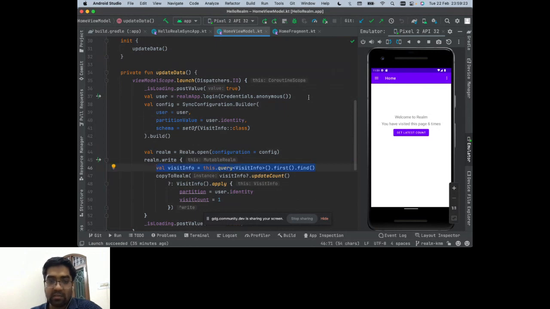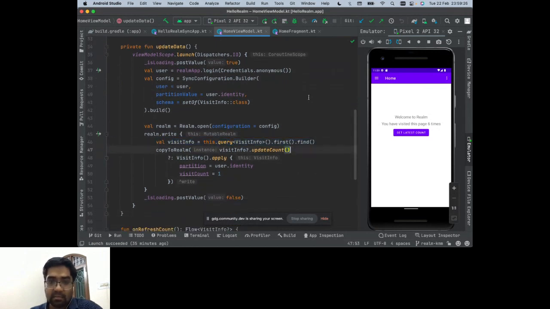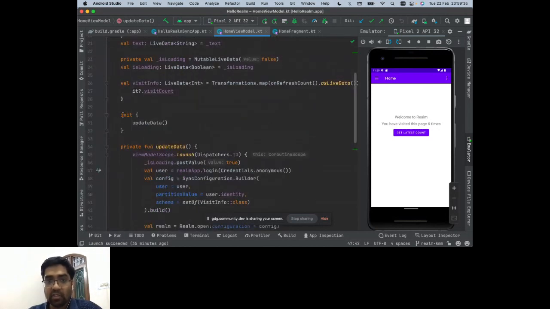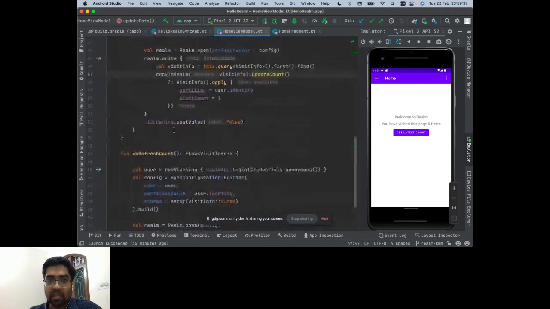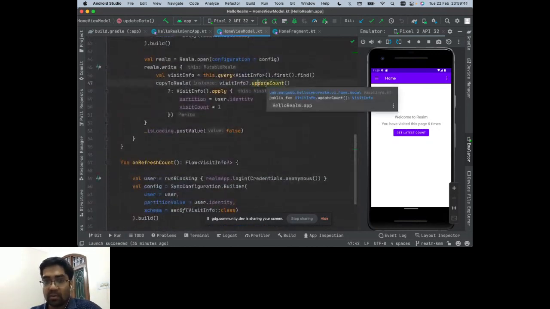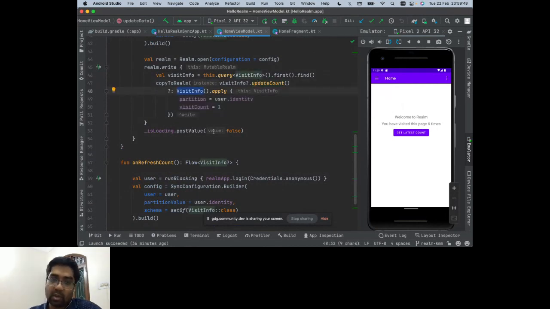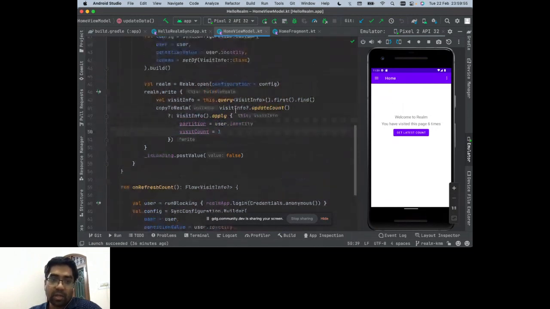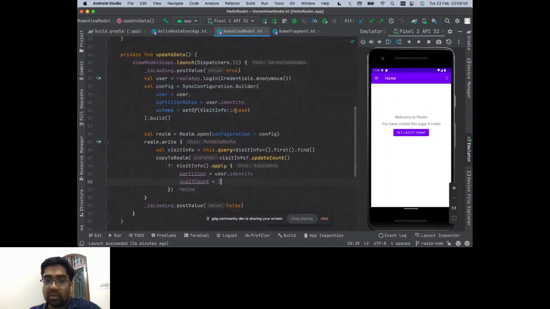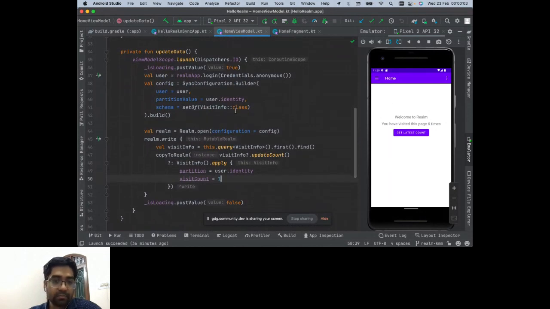And then I request, okay, give me the set of data which is available. Getting the set of data is very simple, something like this. Once the data is there, I just copy that information and update the count, because this has been called in the init. So I'm assuming this is called the first time, and I simply update the user count. Let's say, for instance, this is not a returning user, it's a fresh user. In that case, I simply create the model, update the partition key, and increase the count by 1. That is all that is required to push the data into your database. Nothing more or less than this.